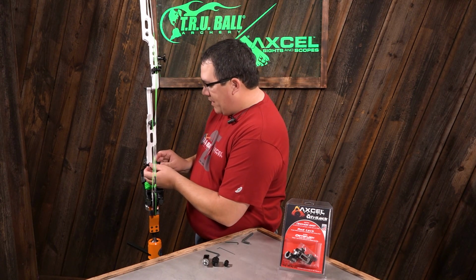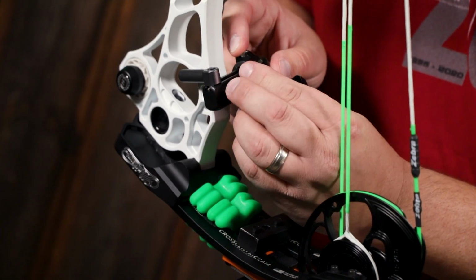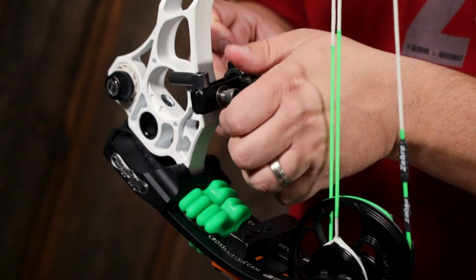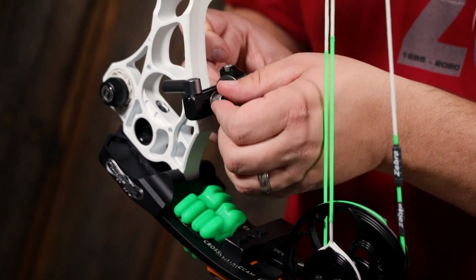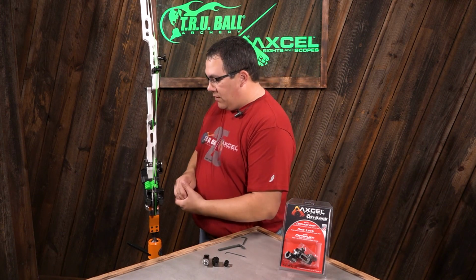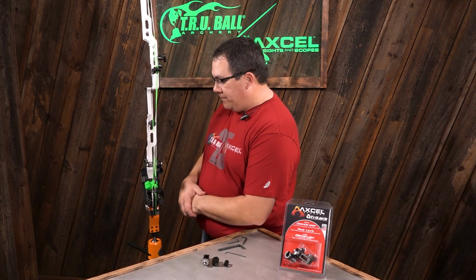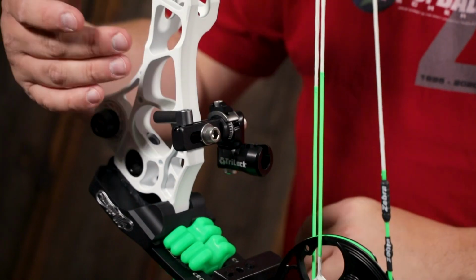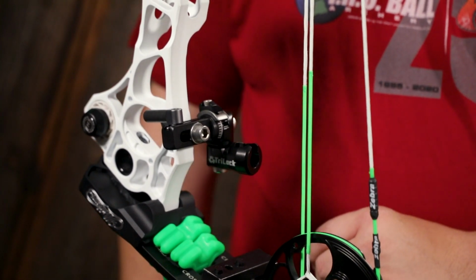And we're going to be coming out the right side of the riser with our rod. And we have our rod lock on the top to prevent any movement. And now that's ensured that I'm shooting a left-handed system out the right side of the bow. So that's taking it from a right hand to a left hand on the new adjustable offset mount by AXCEL